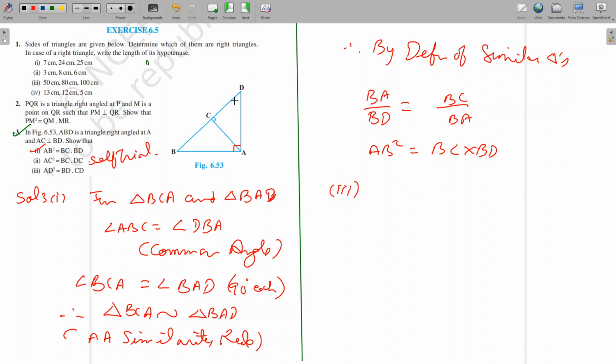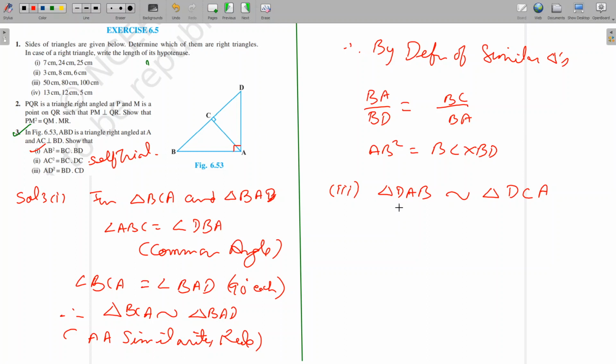And we can see from the figure that angle D is common in both, and here angle C is 90, here angle A is 90. So we will write in that order. Triangle DAB will be similar to triangle, from the bigger triangle we take D, because A is 90, here angle C is 90. So here we have taken DAB, and in the smaller triangle, angle C is 90. So we'll write DC, and only one vertex remaining now, DCA. So triangle DAB will be similar to triangle DCA.